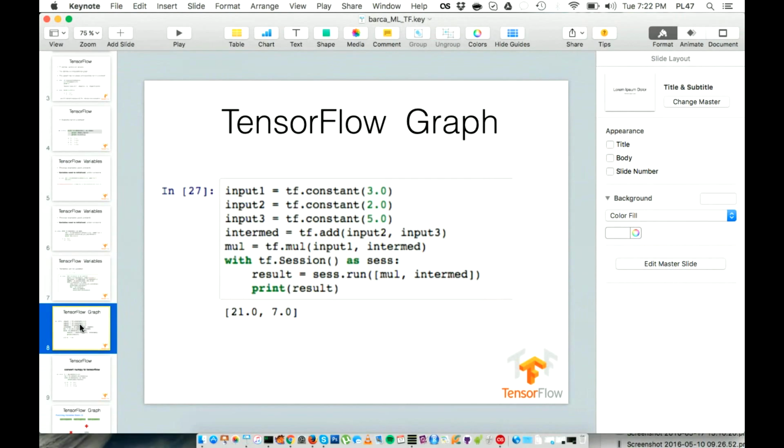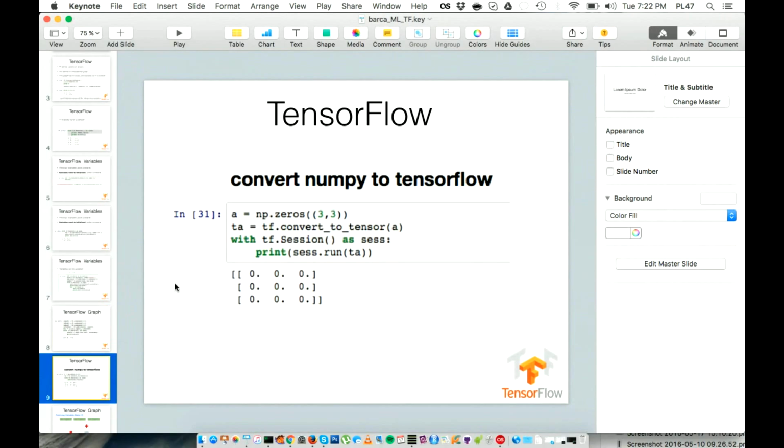Now, another question is, how do you get your values into your graph? There are several ways of doing this. Here we're doing an addition and a multiplication, and the inputs are constants. That's obviously not something you would ever use while actually writing your model. You can convert NumPy arrays to tensors with tf.convert_to_tensor. That's quite easy, and something you might use in a toy model while you're developing. Although the somewhat default way of putting data into your compute graph is using a feed